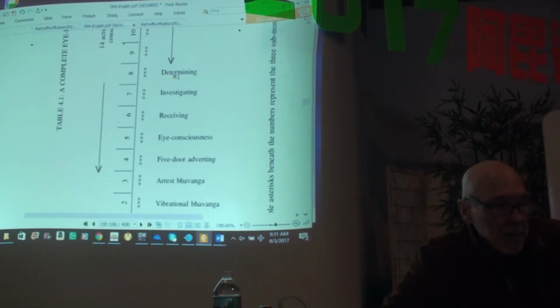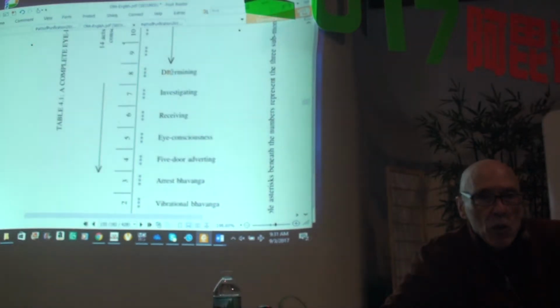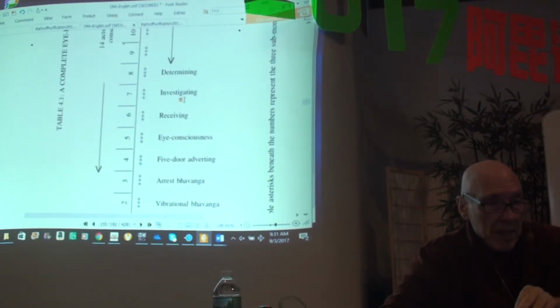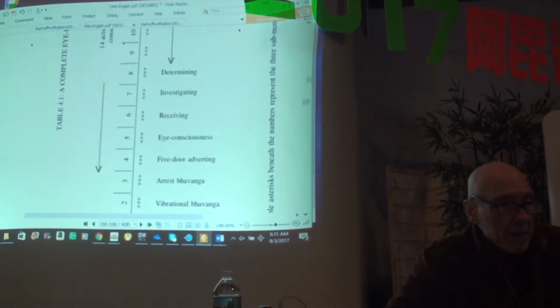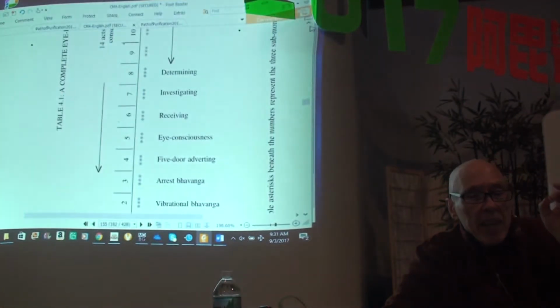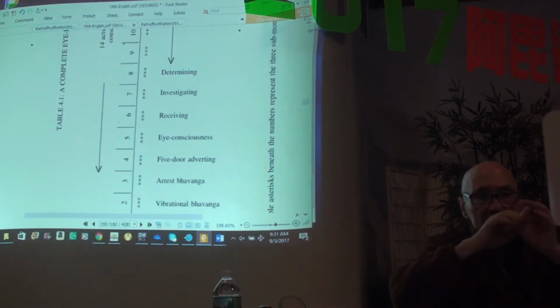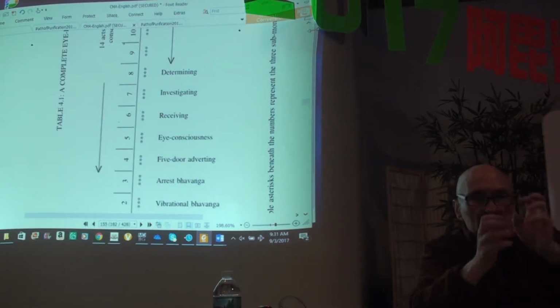And that paves the way for the occurrence of the javana. So in this role, that consciousness is called the determining consciousness. And it follows the series of eye consciousness, receiving, and investigation. But this same type of consciousness, it's the same in terms of its constitution,